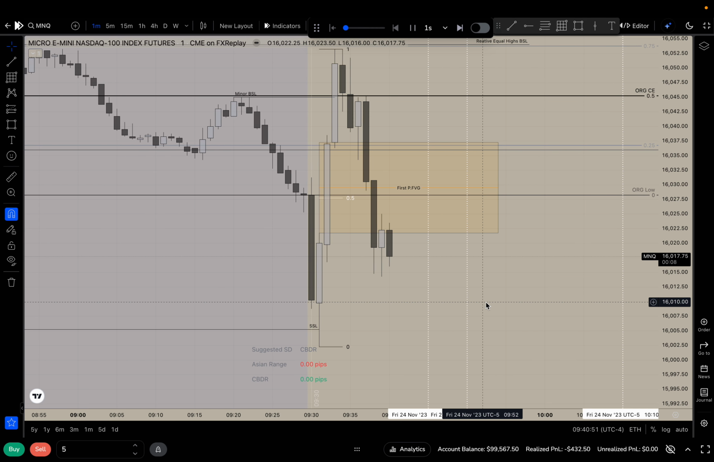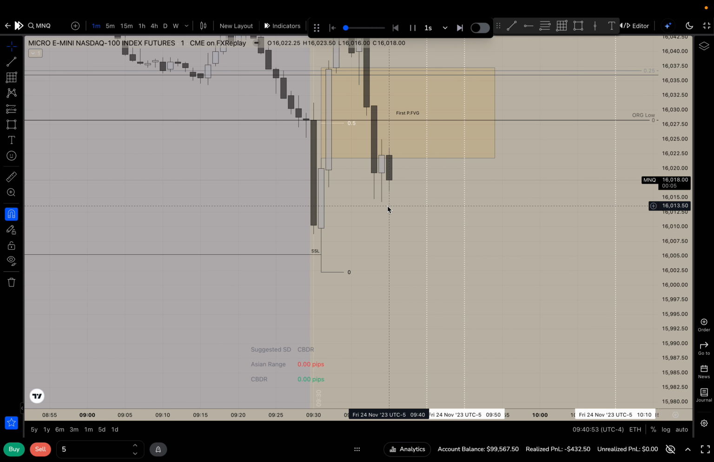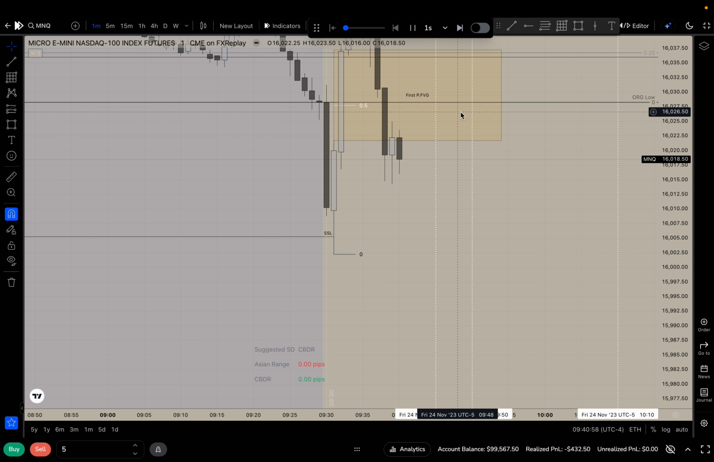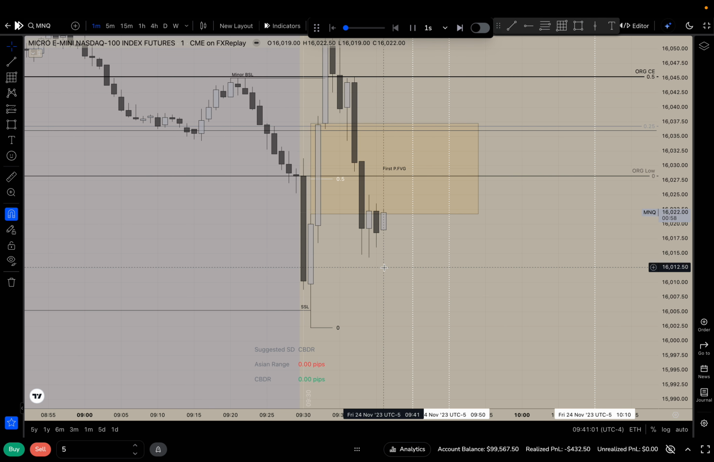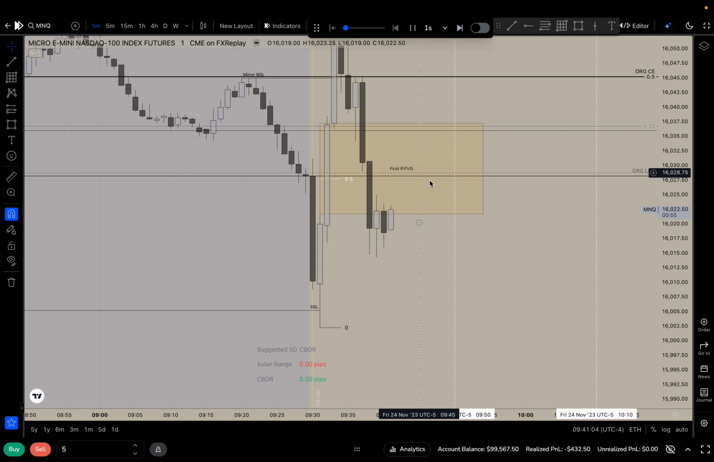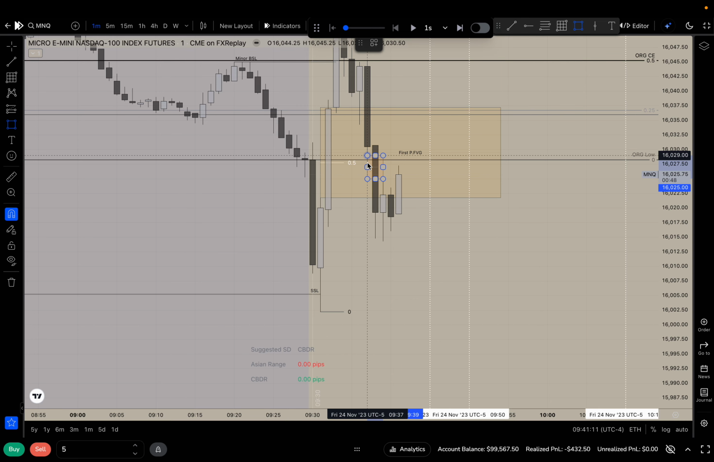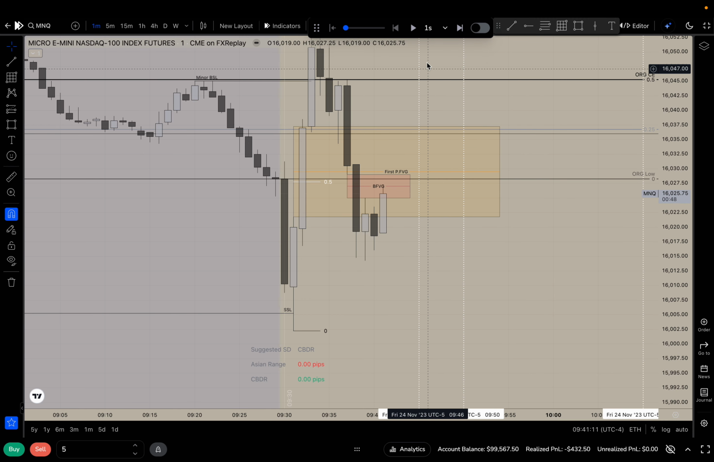Looks like we're seeing respect out of this first presented fair value gap. I still want to see that move up to this CE, with bodies respecting the CE. I think if we can get that. Also, this is a bearish fair value gap. Maybe we'll end up respecting that, but